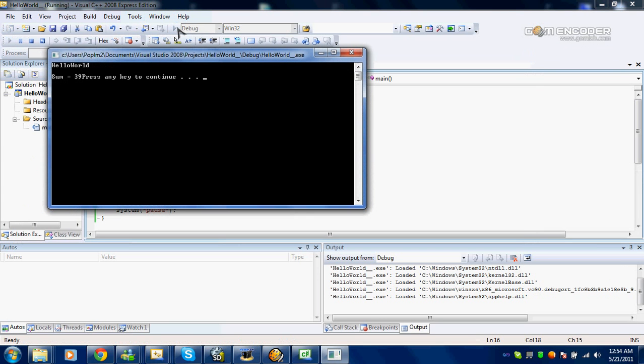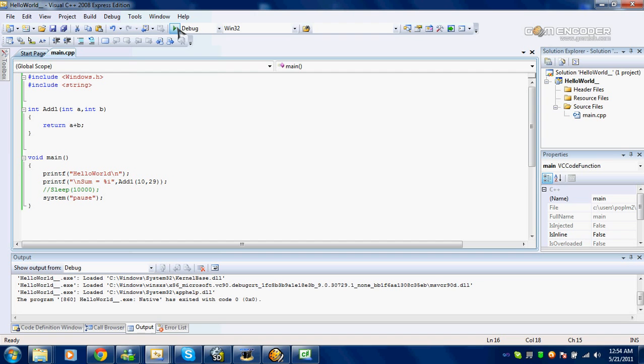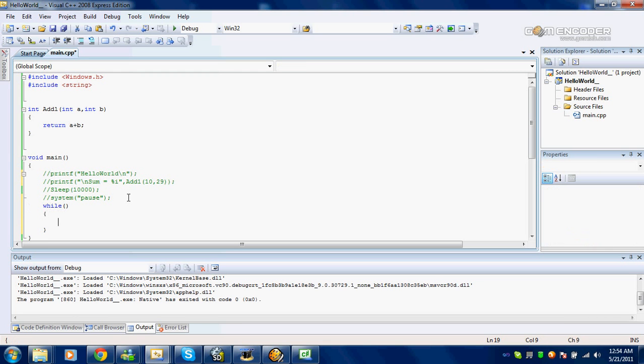I'm not 100% sure, but you get your sum of 39, which is just kind of cool if you ask me. And if you're going to put in a string, you just replace that with s instead of i. i is an integer, s is a string, kind of makes sense. If you're going to do DWORDs, you can use x, all that good stuff. Anyways,